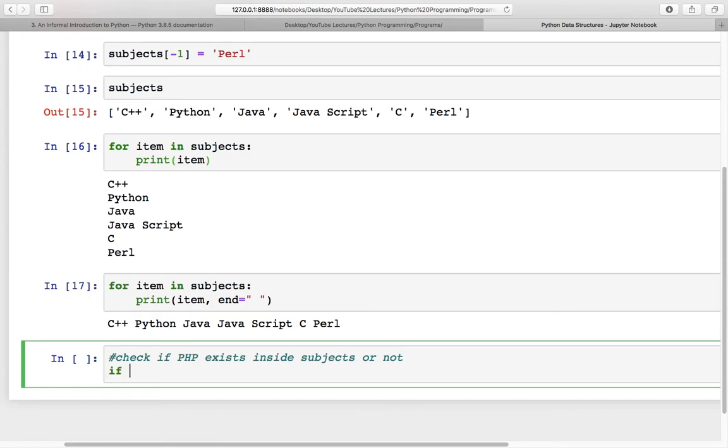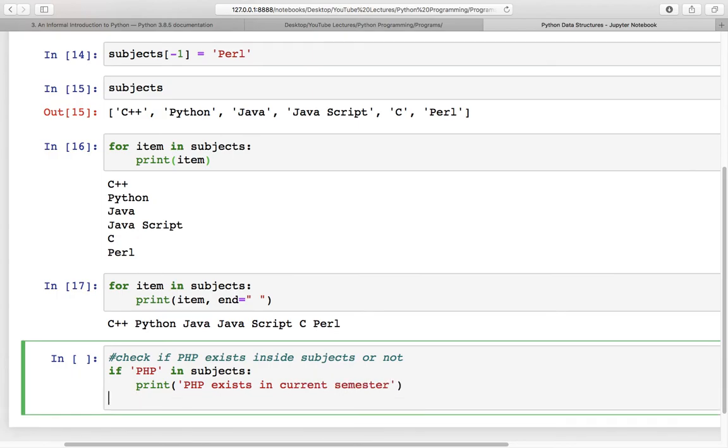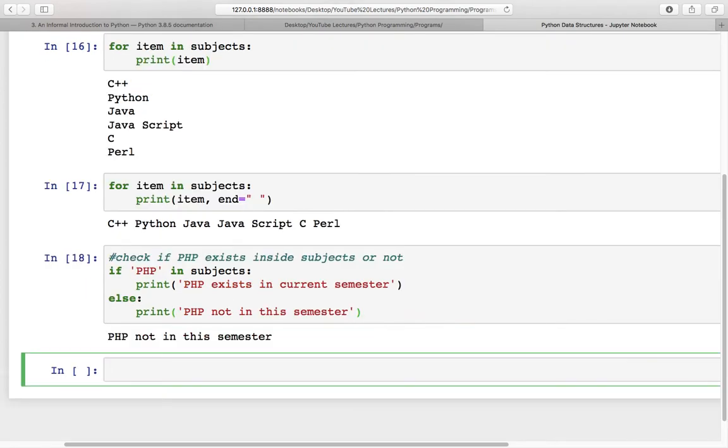If PHP in subjects, print PHP exists in current semester. Otherwise you can print another message, PHP not in this sem. So let us check this, and it says that PHP not in current semester.